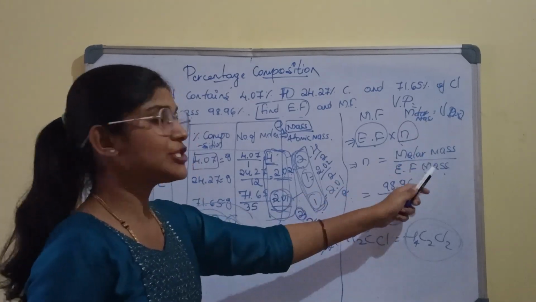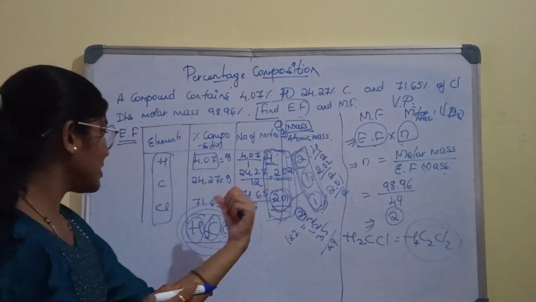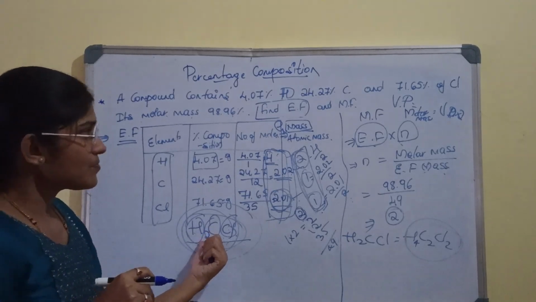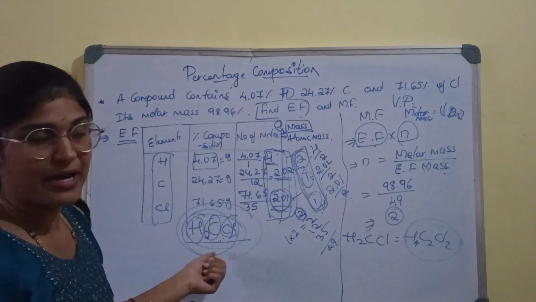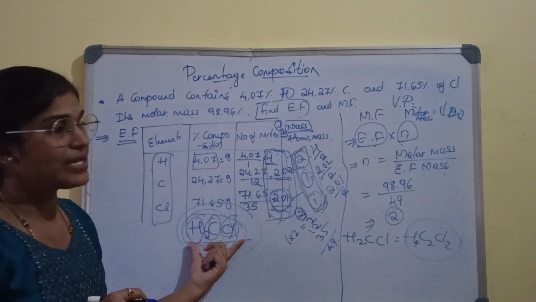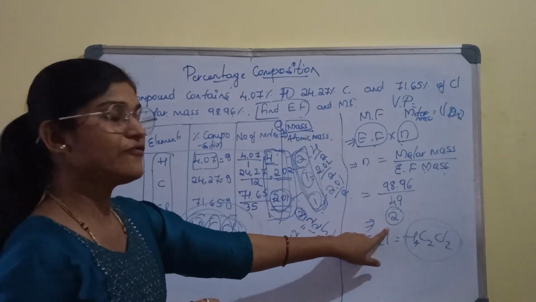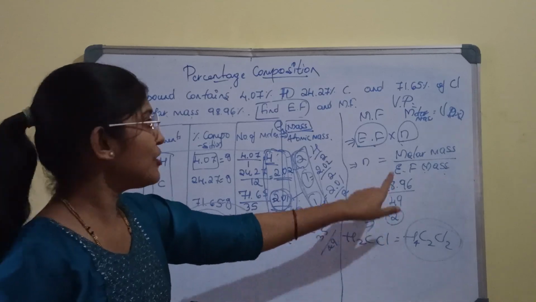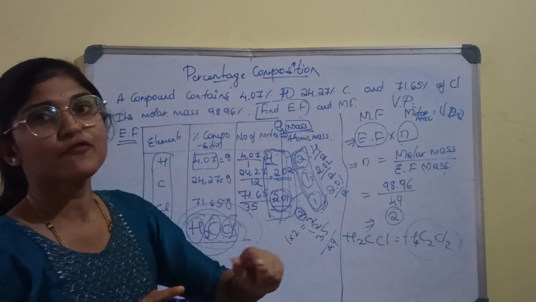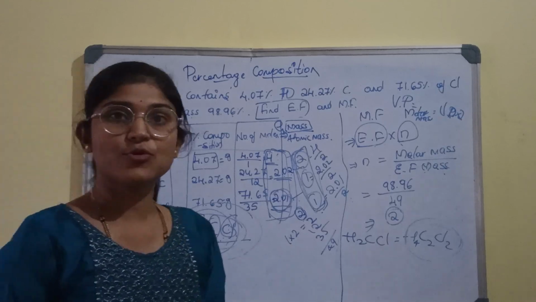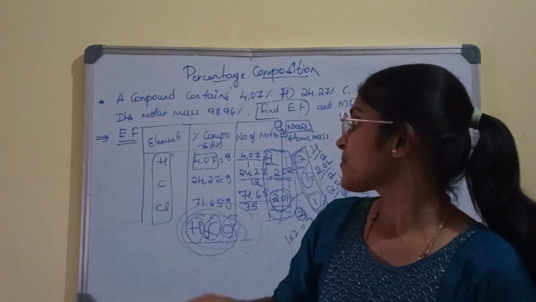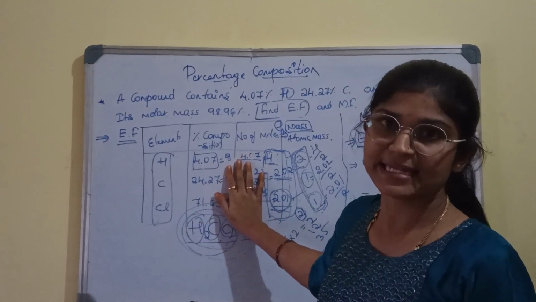So molar mass divided by empirical formula mass. Already you would have determined the empirical formula, so using this you calculate the mass. Empirical formula mass, you will get the value of N, and this N value is multiplied with the empirical formula, you will get the molecular formula. This is about how to find the empirical formula and molecular formula. These are important for your exam.